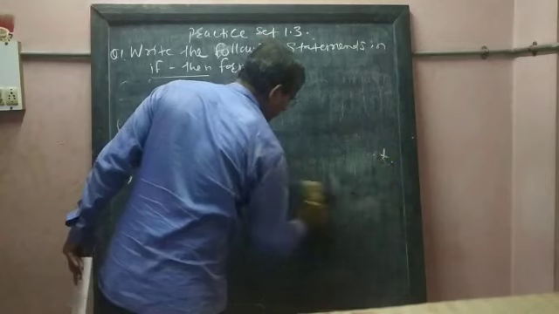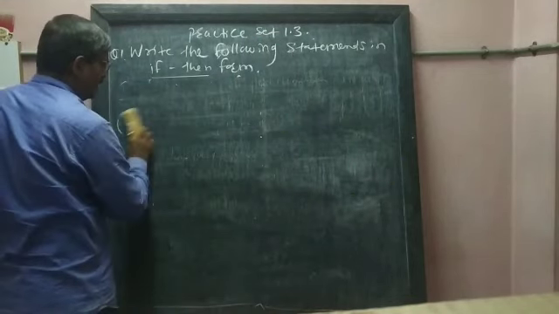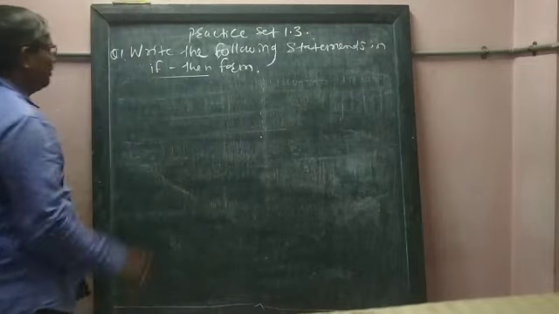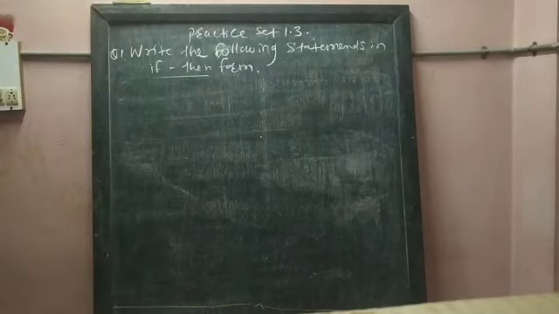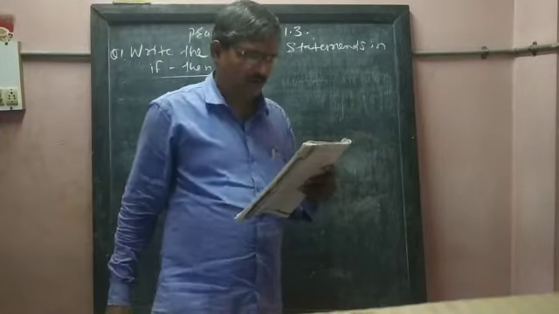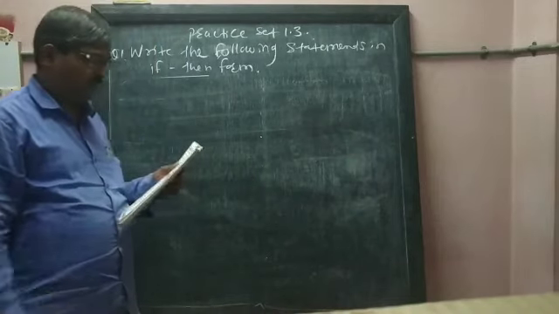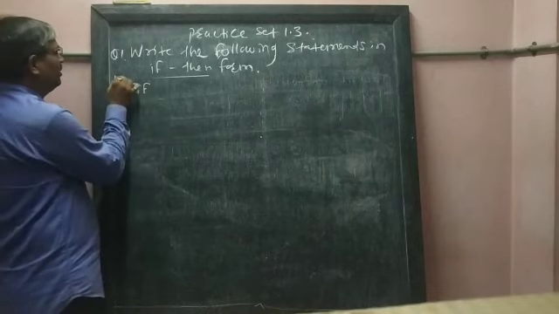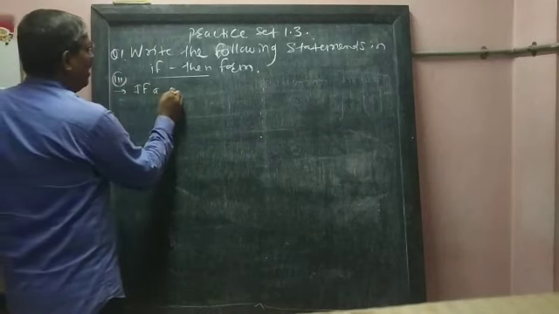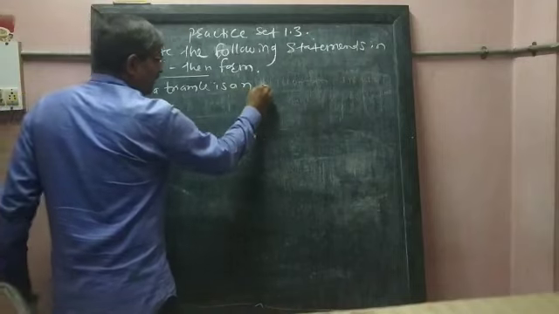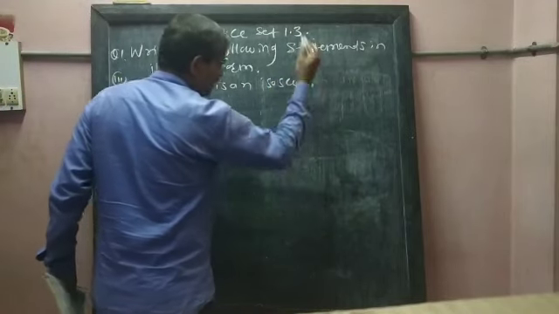There is one more statement, very big statement given in your textbook. Just read. We will write here direct answer because we will not waste time to write the question. So read. Here it is told that in an isosceles triangle, the segment joining the vertex and the midpoint of the base is perpendicular to the base. This is very big. Then how can you make it? Direct answer I am telling you about third one. If a triangle is an isosceles, then